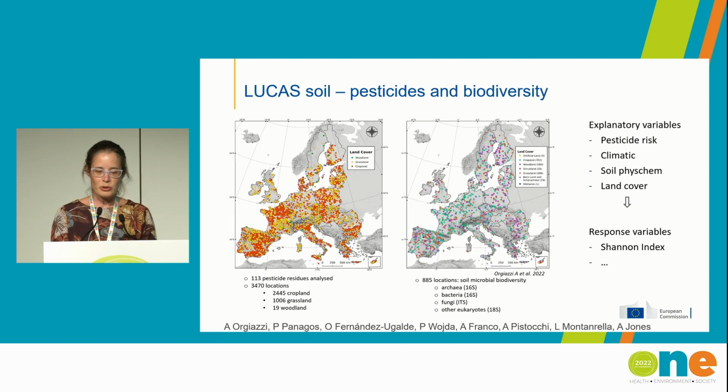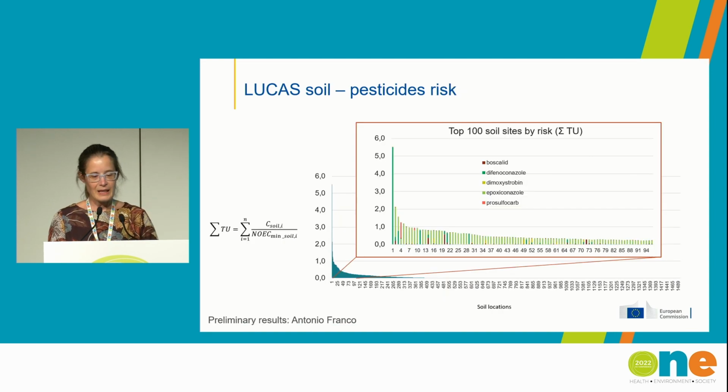So this gives us the opportunity to look at, first of all, pesticide risks in these locations, and to combine that with other variables that are collected, like climatic conditions, soil properties, land cover, and so on. Then, in a second step, to look at associations with, for example, direct impacts on soil microbial biodiversity. This is ongoing work, so unfortunately I cannot present the last part, which is the relation to the soil biodiversity, but I can show you some preliminary results